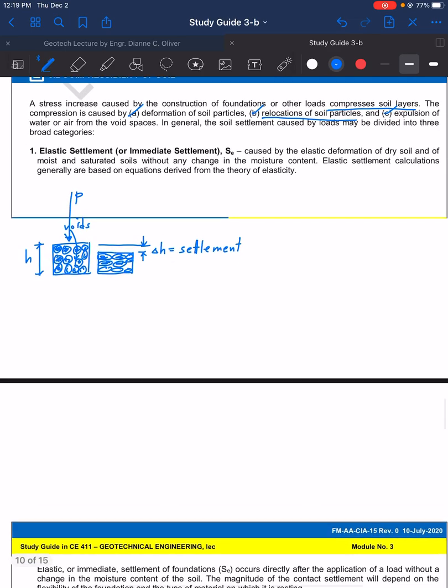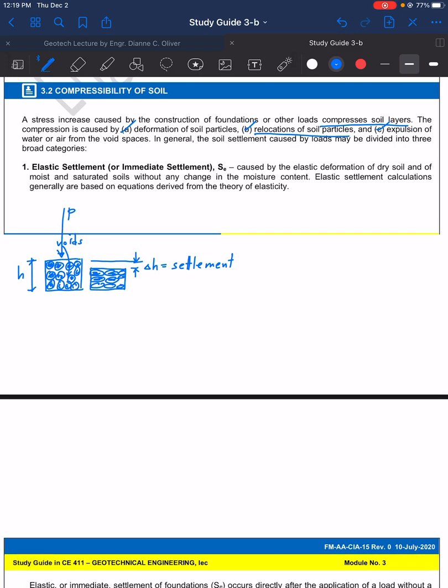So, why does relocation of soil particles cause compression? Again, let's have here a soil sample of a given volume. These are the soil particles. In this volume of soil, same with the first one, it contains solid particles and voids, which contain air, water, etc. In our second cause of compression, the relocation of soil particles, upon introducing a force P on top of the soil layer of height h, there exists a relocation of